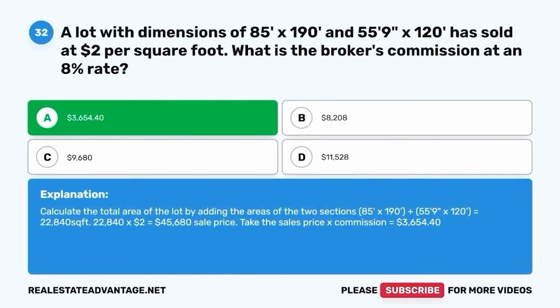Calculate the total area of the lot by adding the areas of the two sections, 85 feet by 190 feet, plus 55 feet 9 inches by 120 feet, equals 22,840 square feet. 22,840 times $2 equals $45,680 sale price. Take the sales price times commission equals